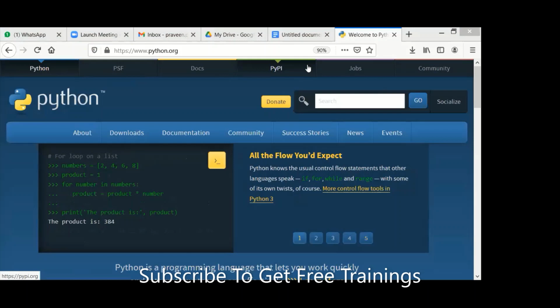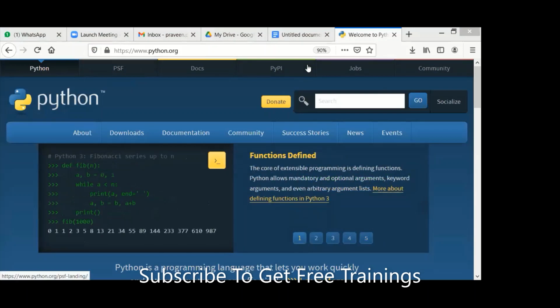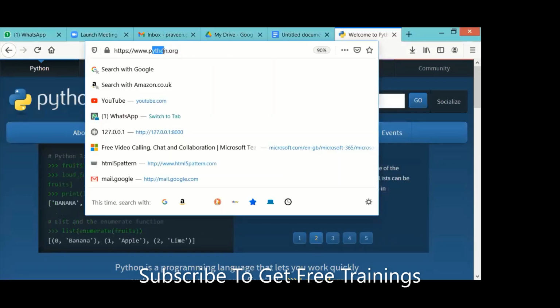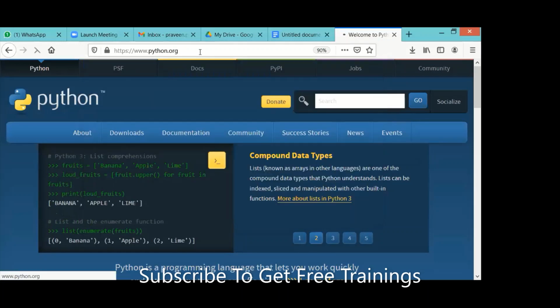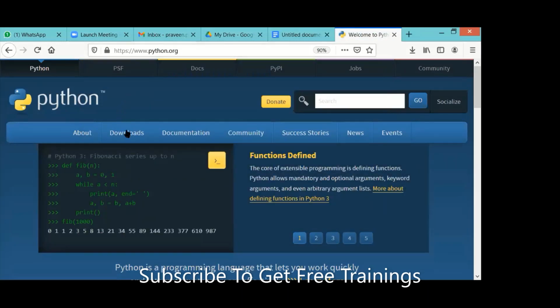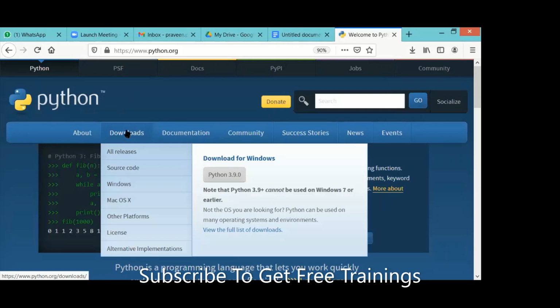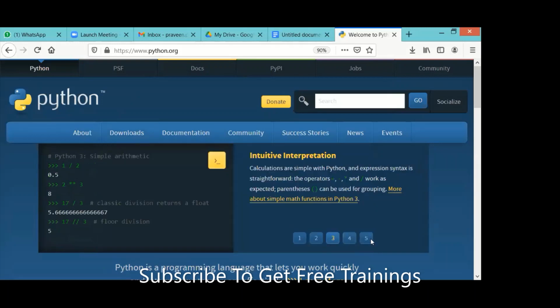Look at the site. I opened a browser and went to python.org. Here you have an option for downloads. Just go to the downloads option. Hope you are following the class. You can download your Python 3.9.0 from here. If anyone is looking for the older version, we'll go to